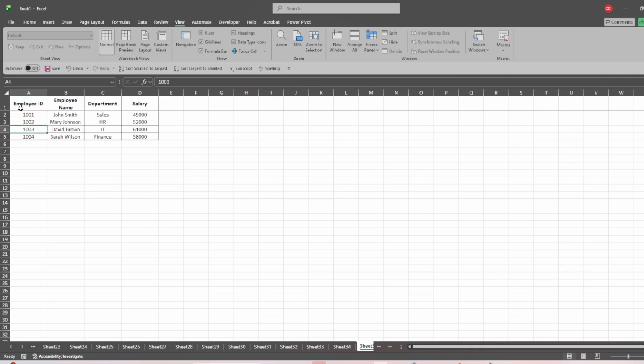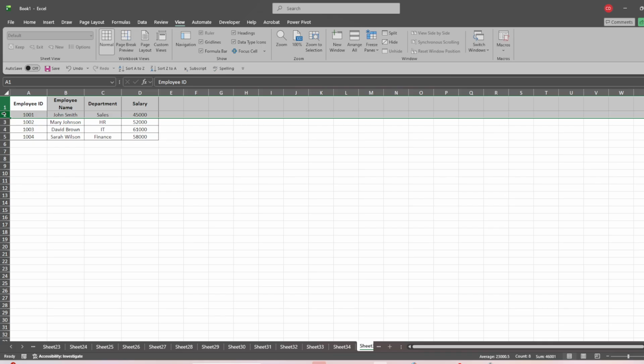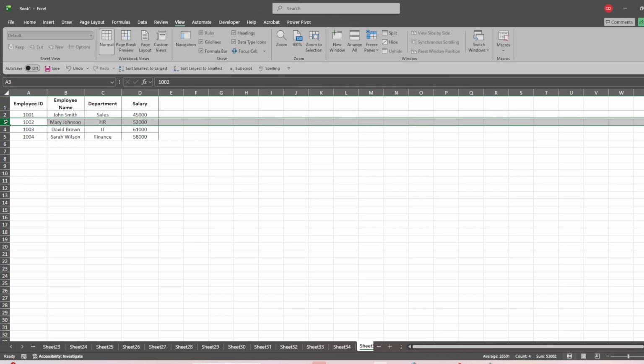For example, if your title area includes both row 1 and row 2, you'll want to freeze multiple rows instead of only the first one. To do that, click the row directly below your headers. So in this example, you would click row 3. After selecting that row, go to the View tab, choose Freeze Panes, and then click Freeze Panes again from the drop-down menu. Excel will freeze everything above the row you selected, which means rows 1 and 2 will remain visible